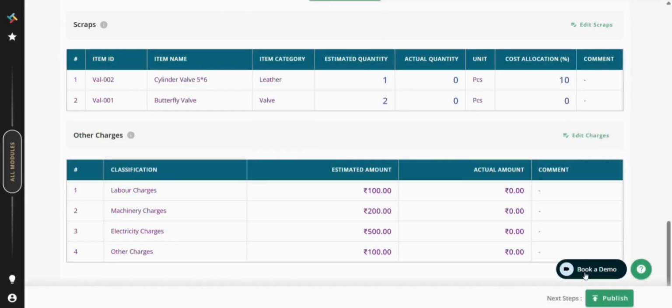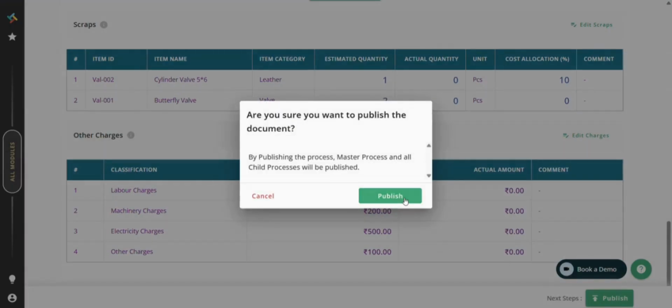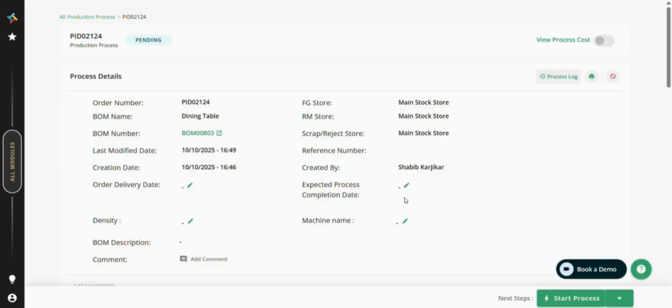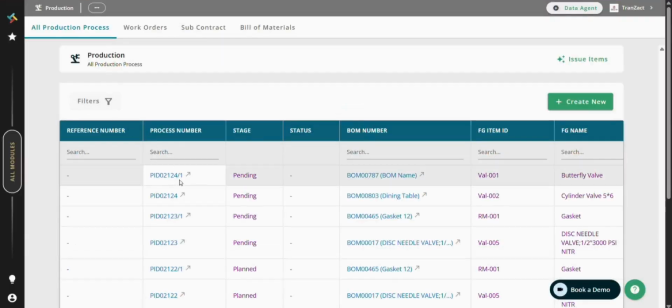With all materials and costs confirmed, go to the bottom right and click the Publish button. Confirm the action in the pop-up window. Your production order is now successfully published. The process status immediately changes to pending, and you can view it on the All Production Processes page, ready for